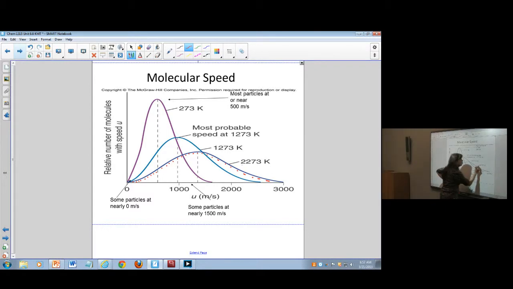Now we're increasing our temperature, in this case to 2273. What happens to the kinetic energy or the speed? In this case, well, it's a whole lot faster than it once was. This is about, I don't know, what do you think? Maybe 1,250 meters per second on this scale. Here's 1,000 and here's 2,000. So the average molecule is traveling at 1,250 meters per second.